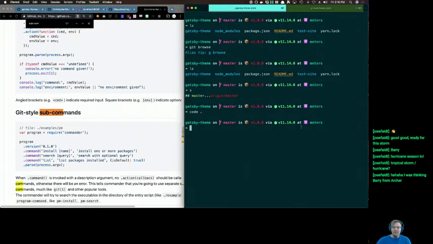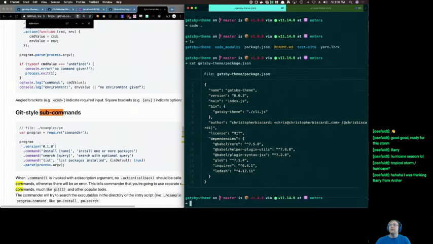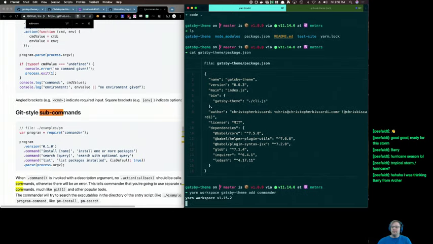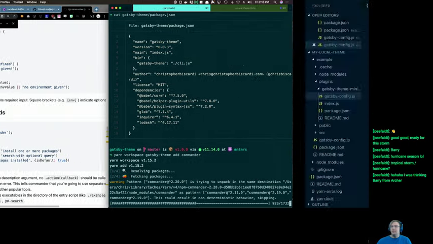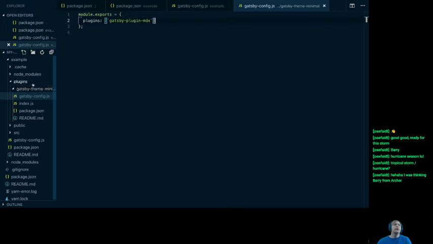Okay, so let's do yarn. Is this a workspace? Did I set it up as a workspace? I always forget everything. Yarn workspace gatsby-theme add commander. While that's doing that, we'll go over here and we'll rename the CLI